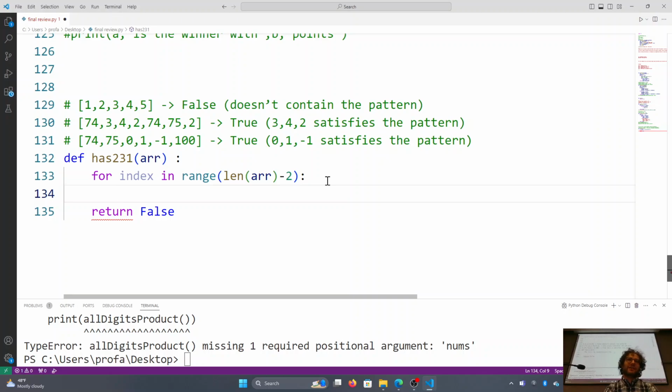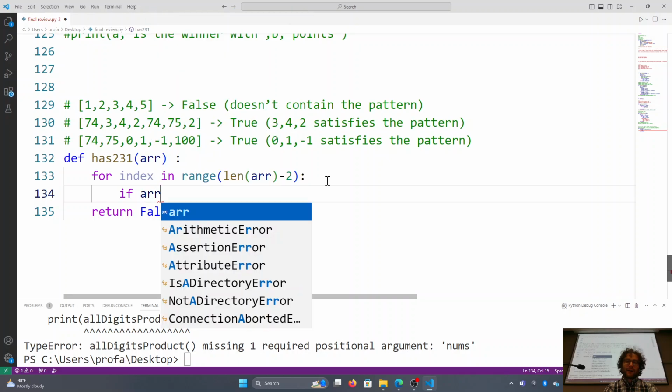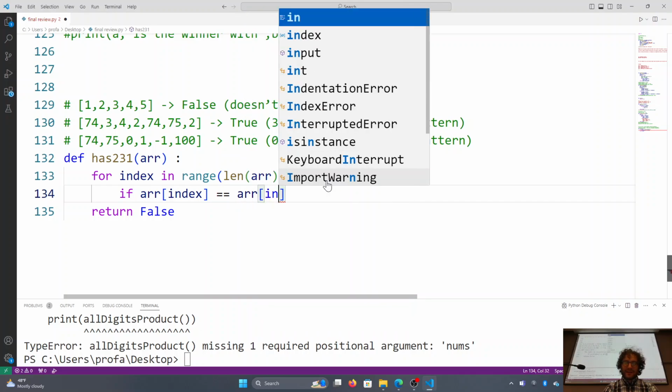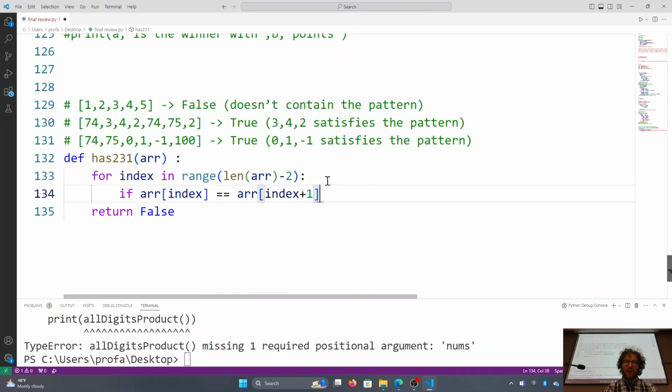There's a lot of ways to do this. One is you could do it like that big if statement, which is like for r index is equal to r index plus 1. That's the next index plus 1